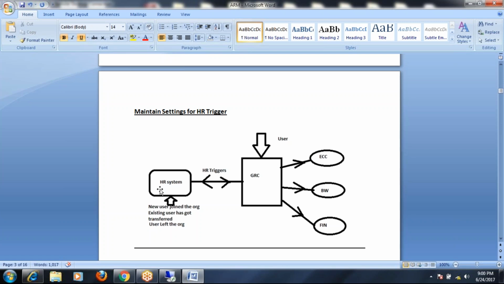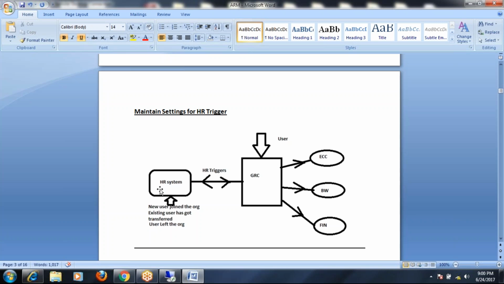A company, an IT company or any other client company, if they are using an HR system to maintain their local employee data, then this HR triggers concept can be used. Whenever a new user joins the organization, or an existing user is transferred from one location to another, or a user is leaving the organization,